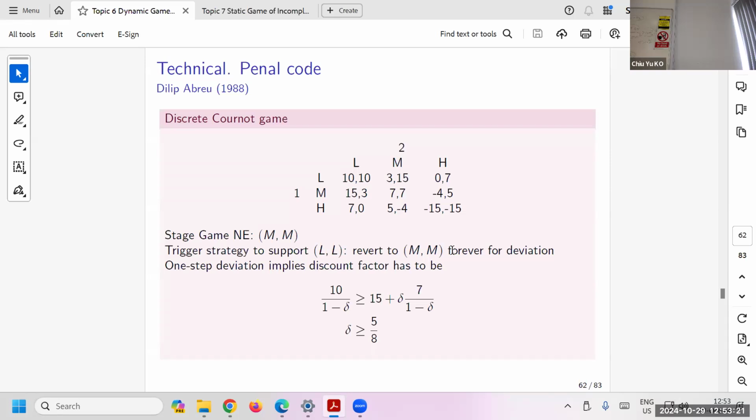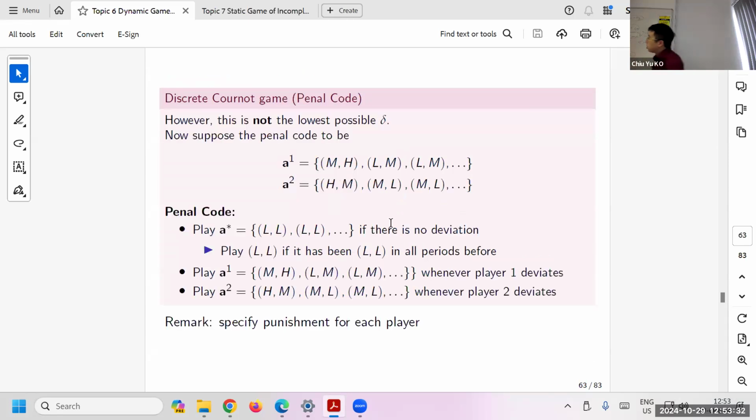Right? You can forget about H. There's no need to worry about that part, right? Because we talk about subgame perfect Nash equilibrium, this one. Okay. And now the thing is, this one, yeah, we can consider a little bit more complicated. It's called the penal code. That is very smart. Later you will see.